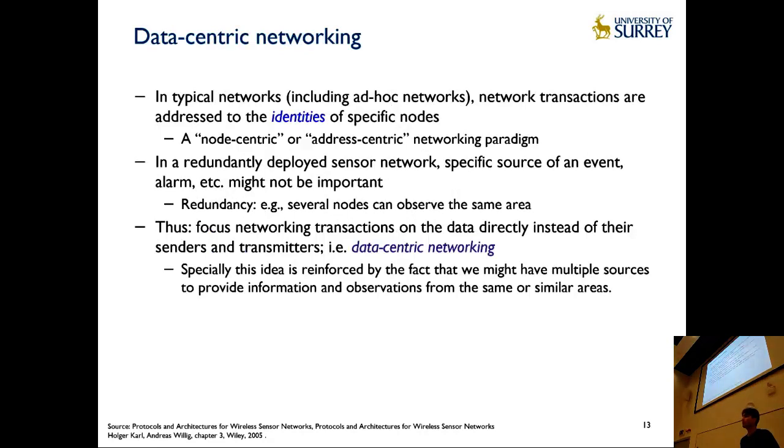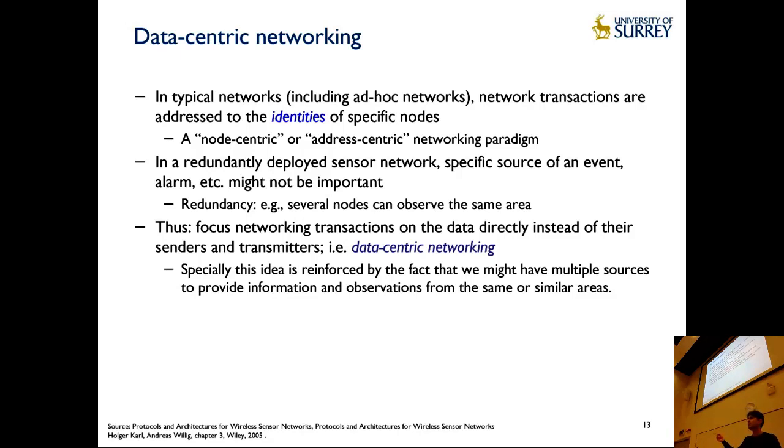That changes the way we look at networks. In conventional networks, let's take the internet as an example, we usually refer to sources by their IP address. We use a domain name, www.ac.uk, and that translates to an IP address, goes to a server, and we get the information. In IoT, most of the time, we are not necessarily interested in the source, we are interested in the data. When I'm looking for the temperature from this room, or the air quality on this campus,